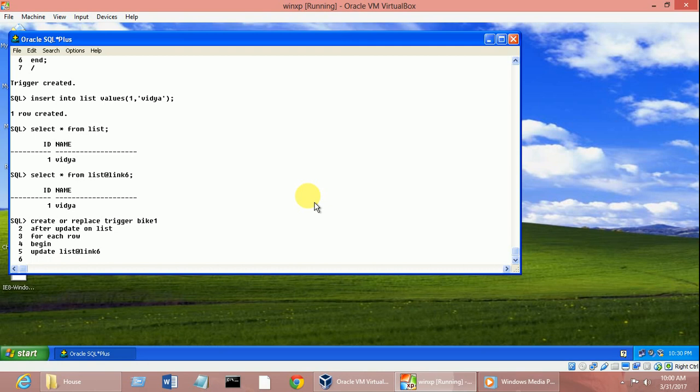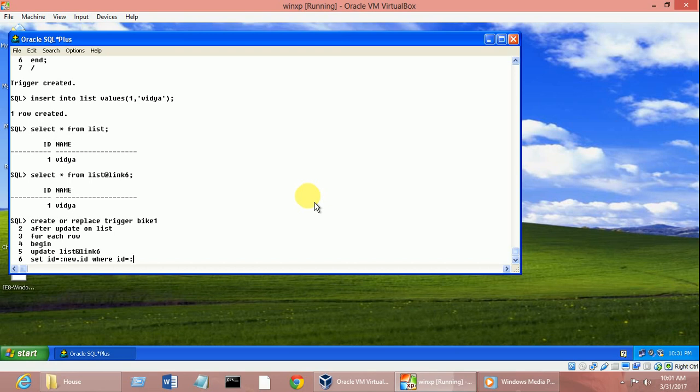Set id is equals to :new.id, where id is equals to